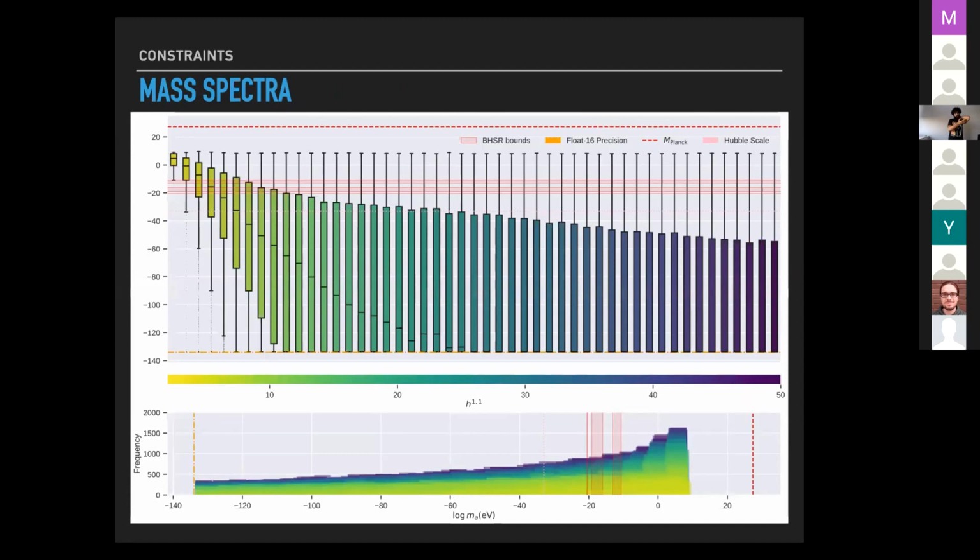And indeed, in this bottom plot, I've only included massive ALPs in our geometries, in our spectra. And in the top one, this is the full spectra, just to see how the overall spectrum is dominated by massless fields. Okay, so there are several features on this plot that I could go into some details about, but I'll save most of them for the discussion if people have questions.